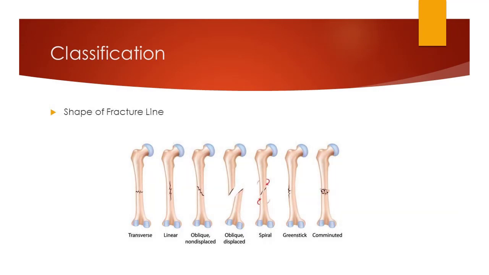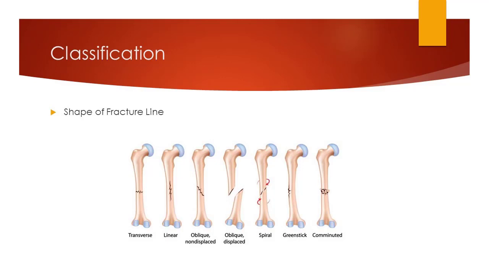The third type of classification that we look at is the shape of the fracture line. And there are a lot of different shapes that you will see, such as maybe a depressed fracture, which is something that you could see maybe in a skull because of the shape of the skull bones. Transverse, running across the bone. You can have the comminuted fracture, which is kind of a crushing type fracture, so you end up with a